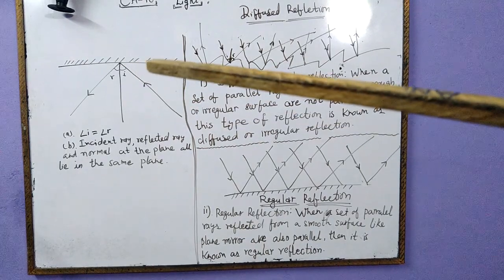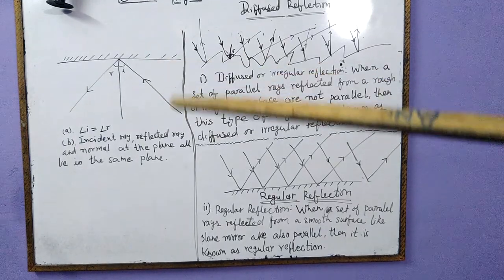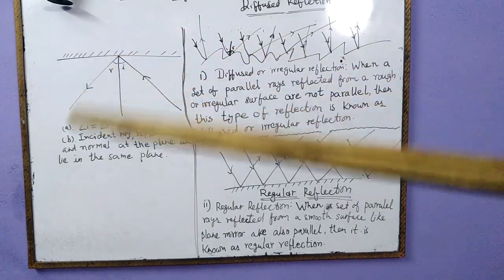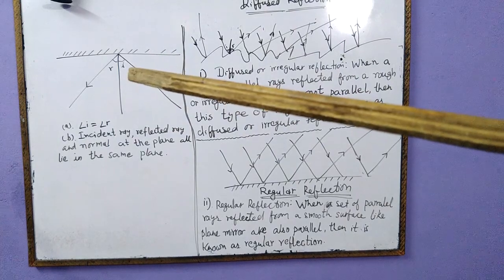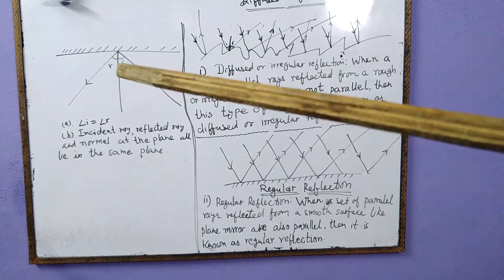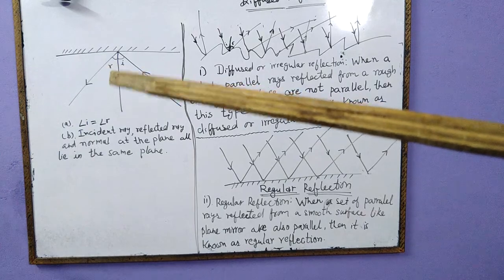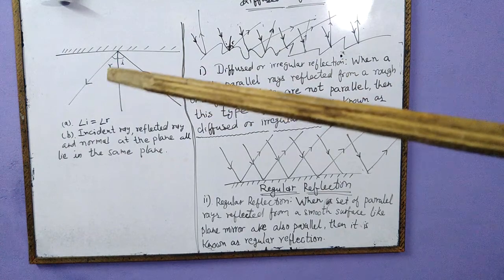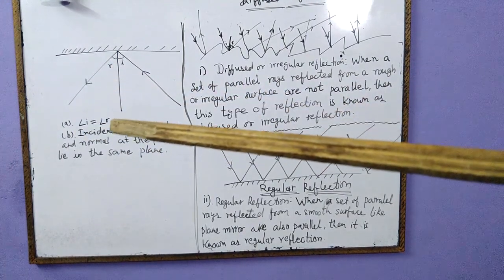This is a reflecting surface, light is incident on this, this is the incident ray, then light is reflecting, this is the reflected ray. The angle made with the help of normal with incident ray, I, is the angle of incidence, and the angle made with normal and reflected ray, R, is the angle of reflection. First law states that the angle of incidence will always be equal to the angle of reflection, that is angle I is equal to angle R always.